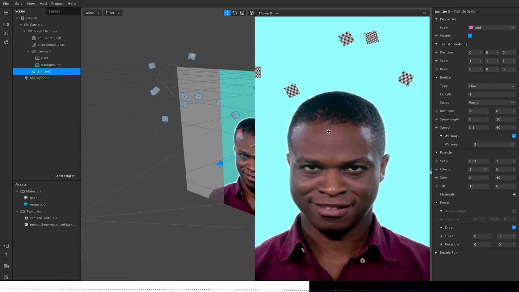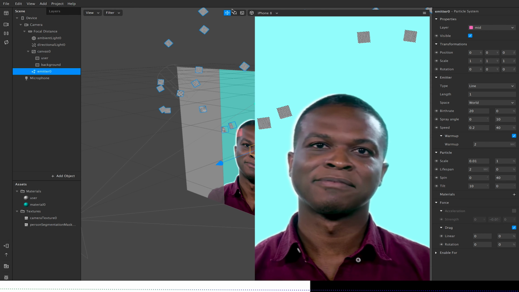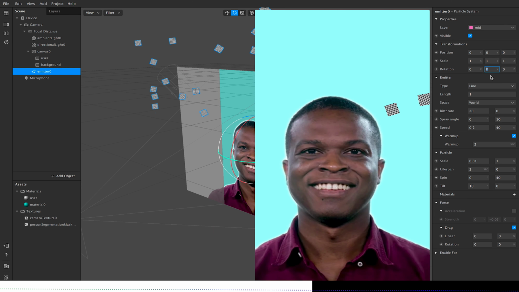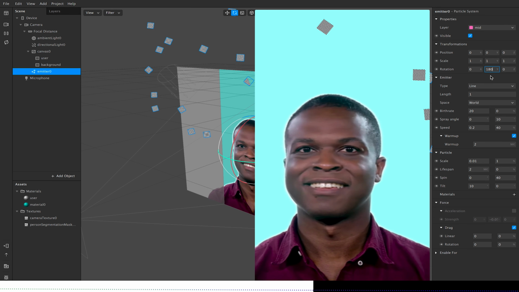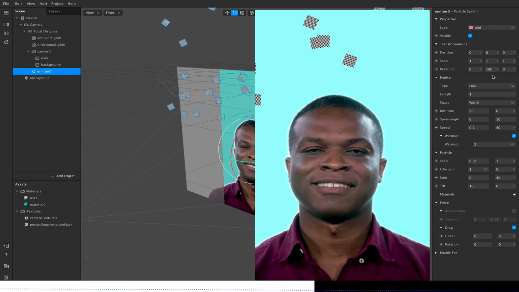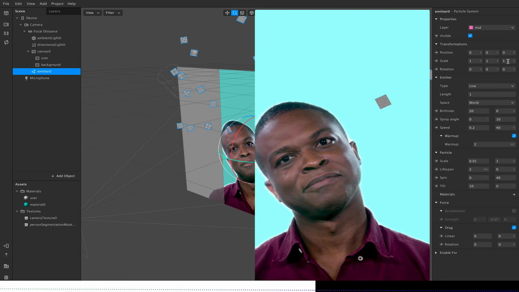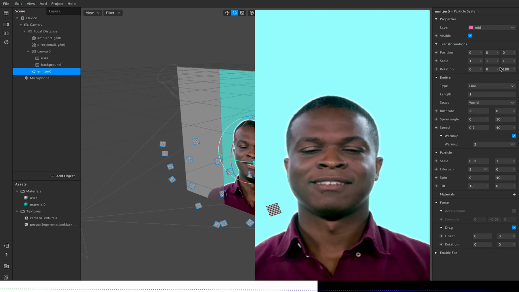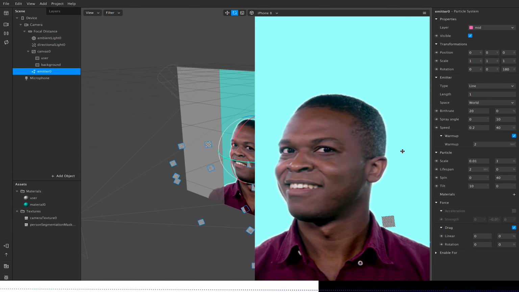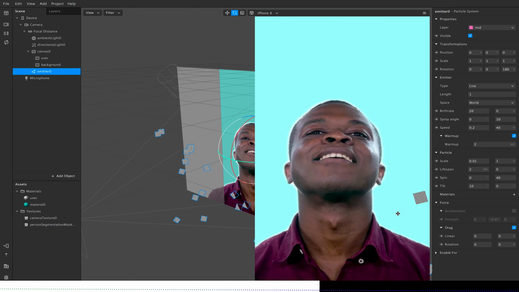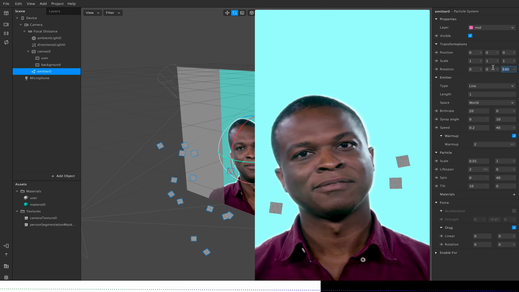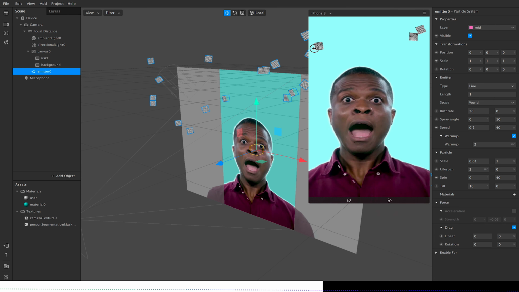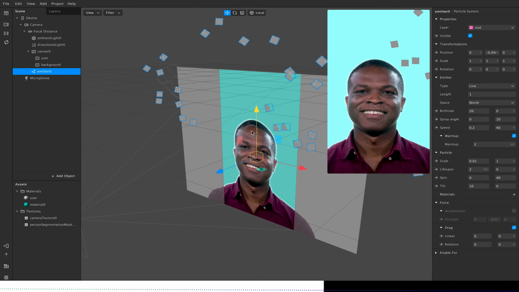If I wanted these particles to emit the other way around, I can just simply go to rotation, and on the Y rotation rotate this 180 degrees. Oh no, I can rotate it on the Z axis, sorry, 180 degrees, and now we can have particles raining down, for example. But at the moment this is no good without any particles, images or materials assigned. So I'm just going to drag this particle emitter to the bottom for now,